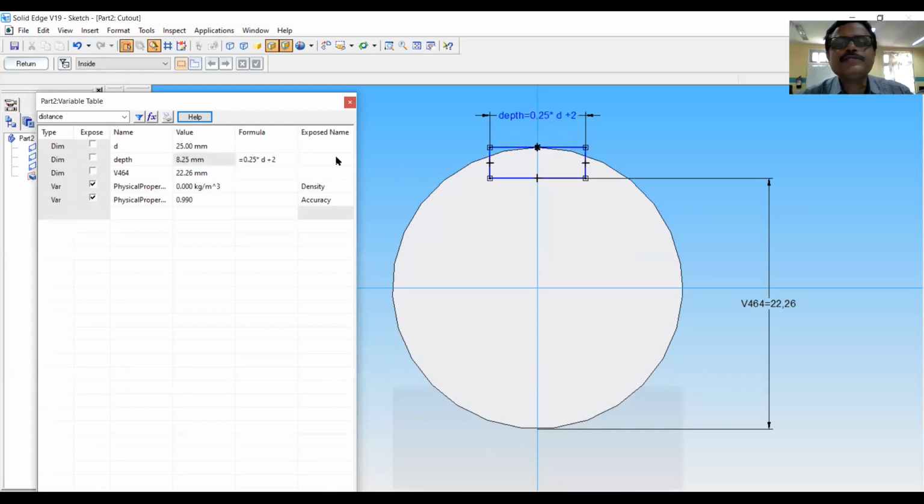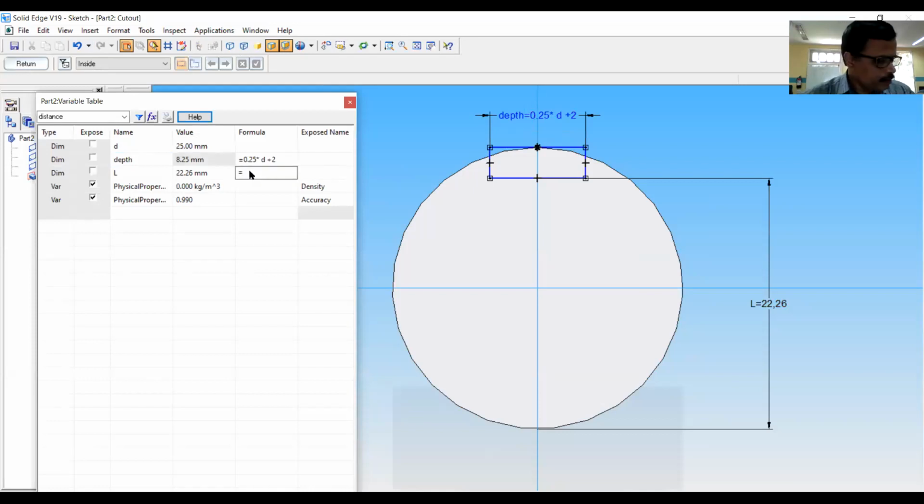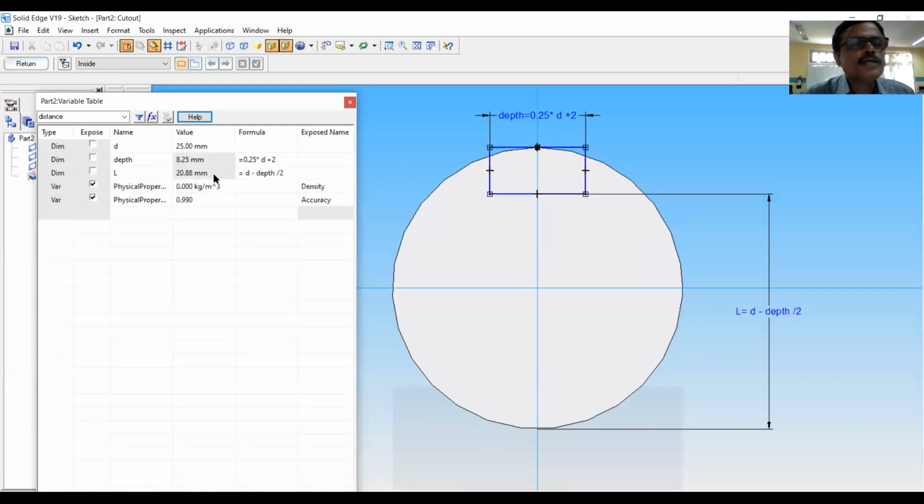Its value is shown here, 8.25 mm, and the equation is appearing here. Next, this length, I will name it as capital L, and the equation will be small d minus depth divided by 2. So it is 20.88 here in the values and it is shown here in the form of equation.